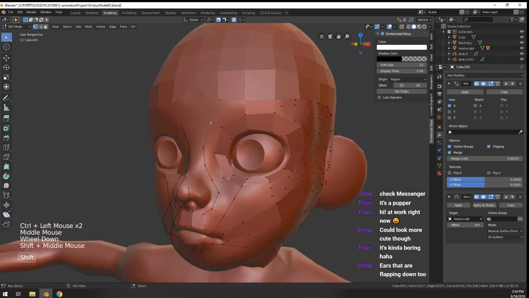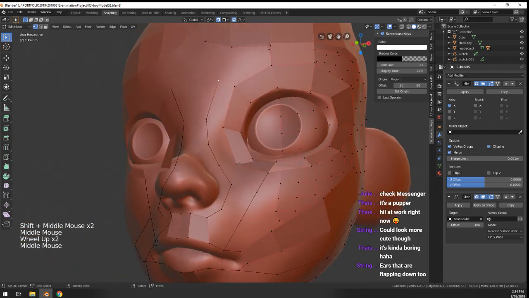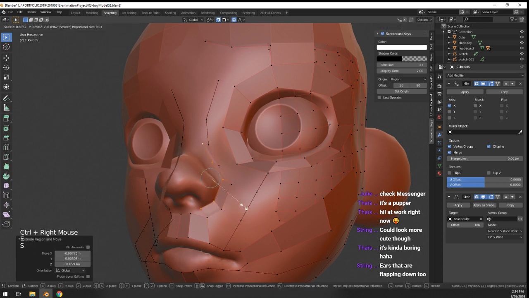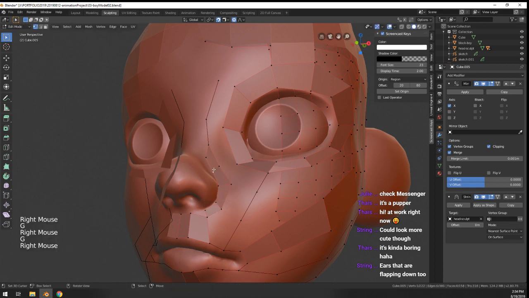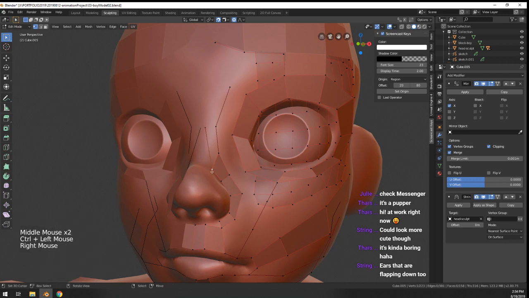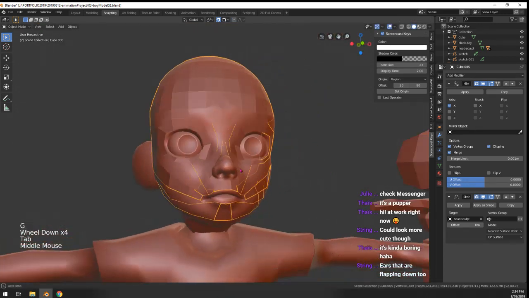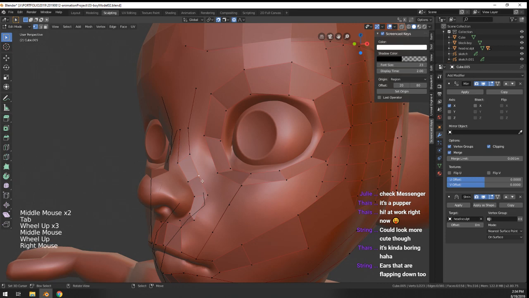Actually connects up like this. So we can then actually go like this. I don't know, maybe I'm making it too detailed, but